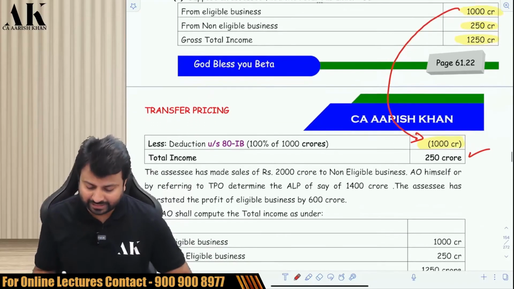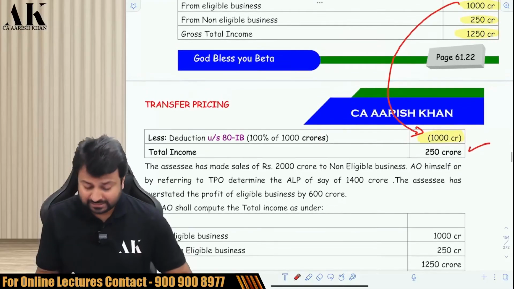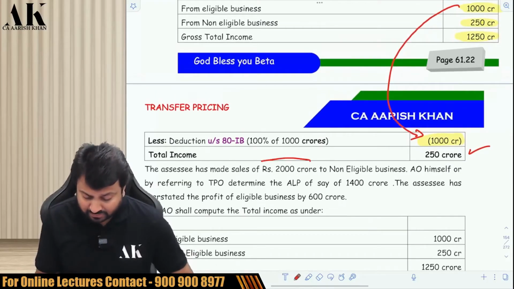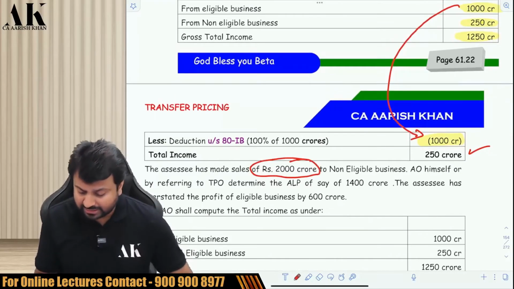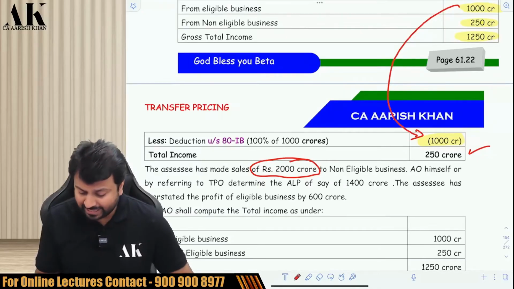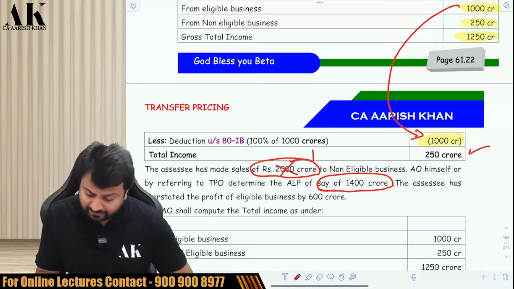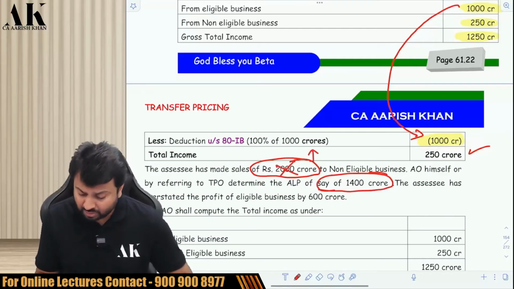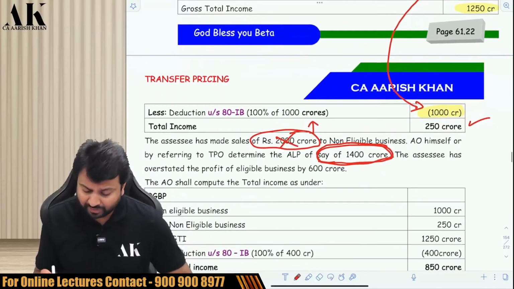Now the AO found that there is some mistake by the assessee: sales of 2000 crore have been made to a non-resident non-eligible assessee. The AO himself, or by referring to the TPO, determined that the ALP of the said 2000 crore is not 2000 crore. You are deliberately inflating it by 600 rupees. It is only 1400 crore. So therefore, in that case,